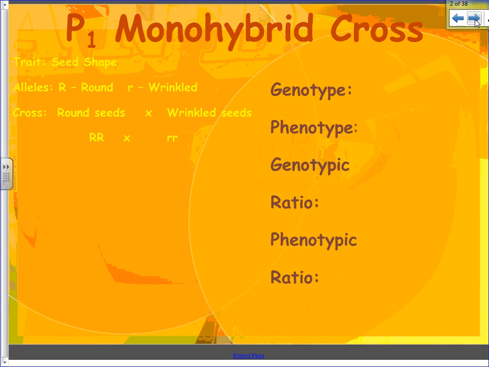Remember from the last podcast that P1 stands for parental. And so one of the traits that Gregor Mendel used was seed shape. And the alleles for seed shape are round, which is dominant, and wrinkled, which is recessive. And what Gregor Mendel did was he crossed round seeds and wrinkle seeds, and he made sure they were purebred,